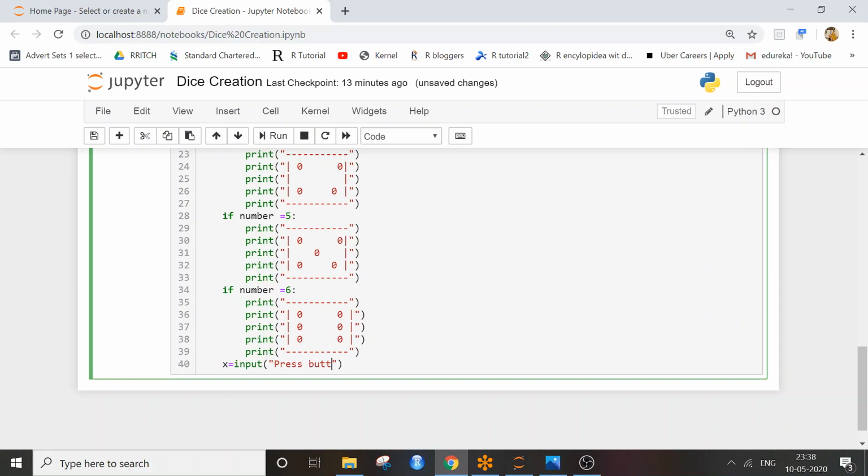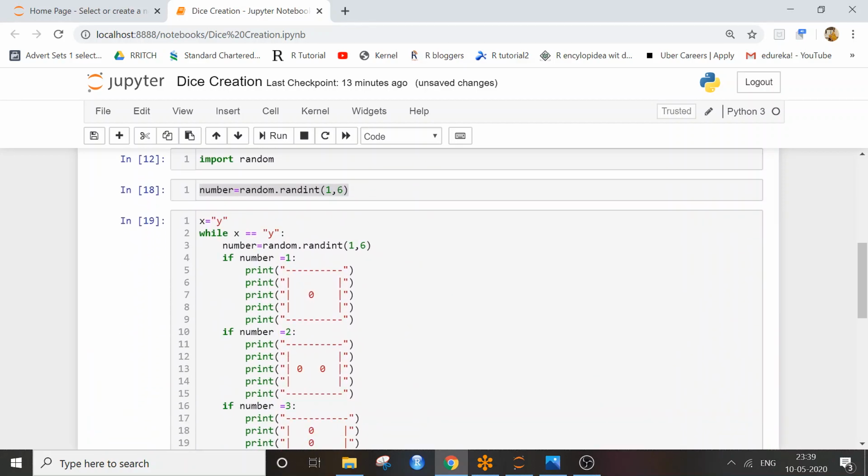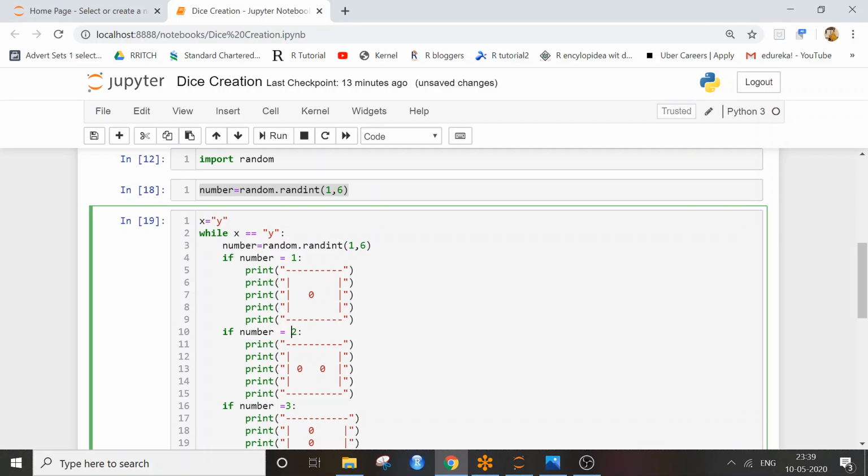press button y. You can add any button to roll the die or to roll again. Now let me print this. There is some error here for number 1. Oh, because there is no space here.